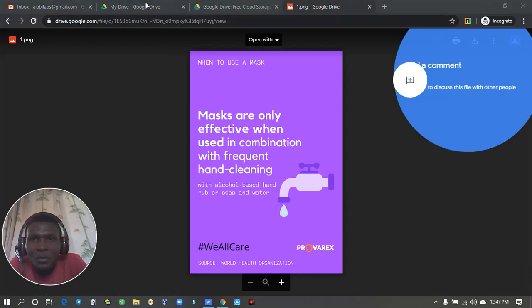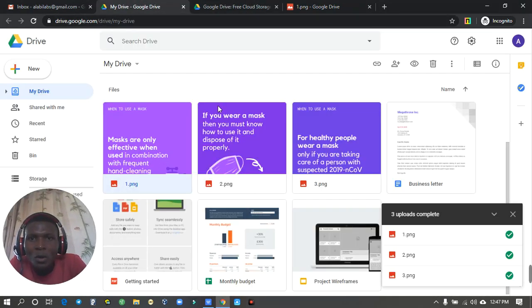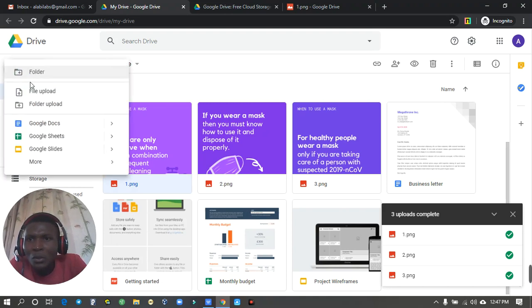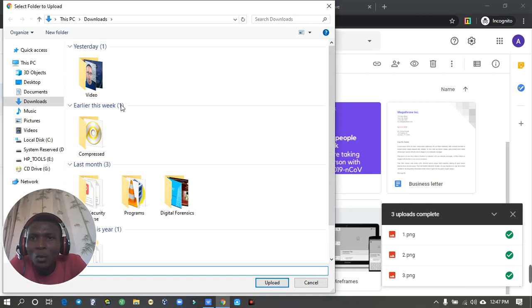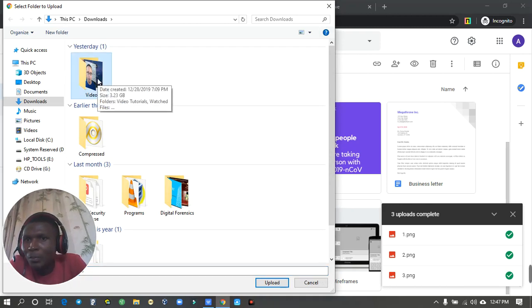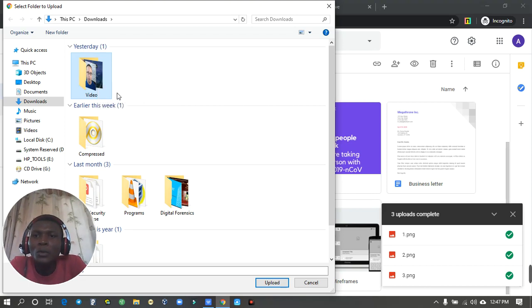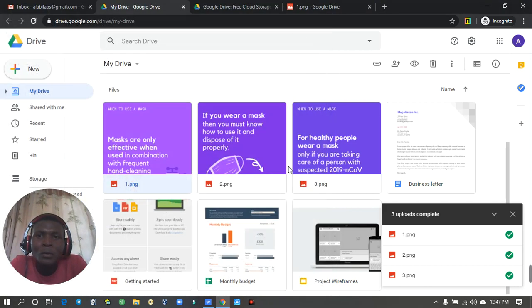So the Google Drive is just like one place for you to see all what you have been doing. You can also do a whole folder upload. So you can pick a whole folder, like this folder is around 3.23 gig. You can upload the whole folder. You can do whatever you want to do with it, share it with people, tell them to make some comments to it, do a lot of things with it. But there's one other alternative to Google Drive I want to introduce you to. It's called